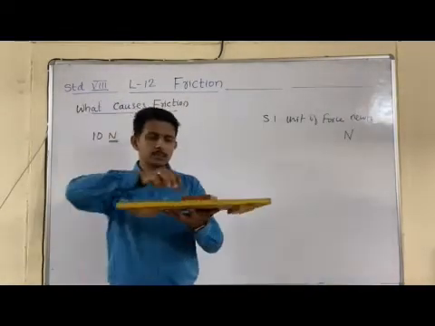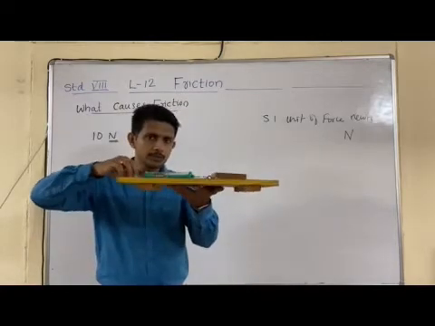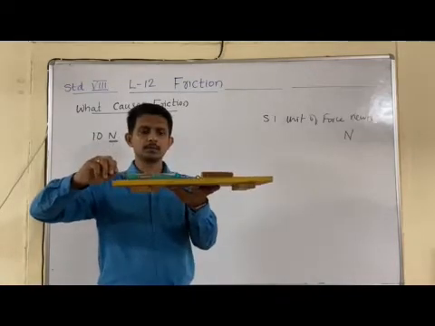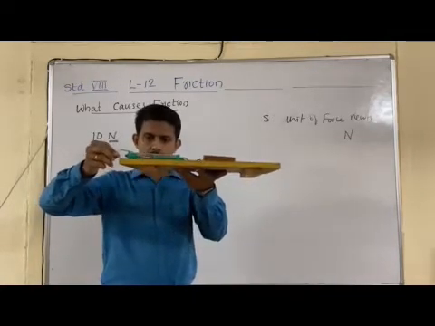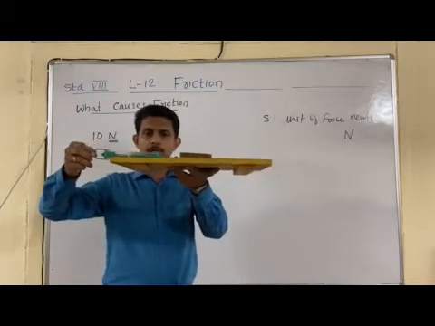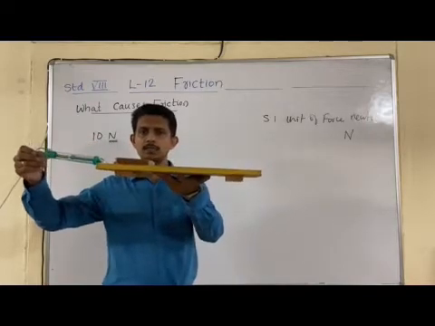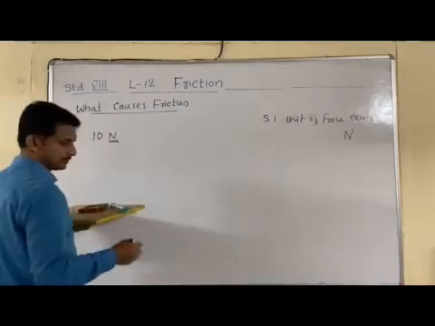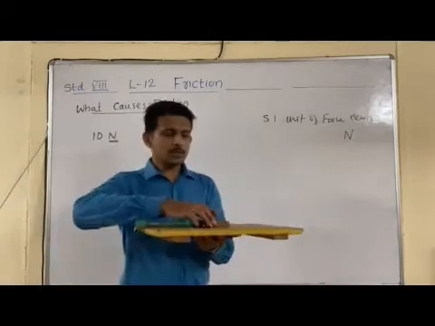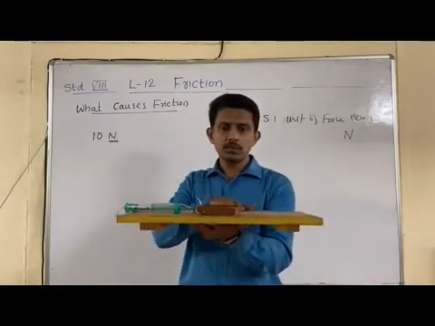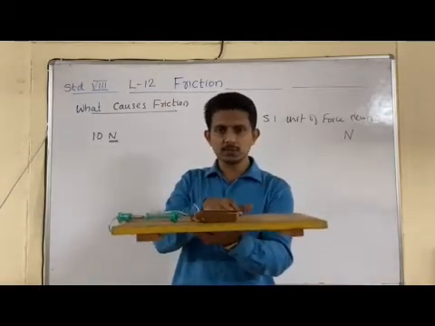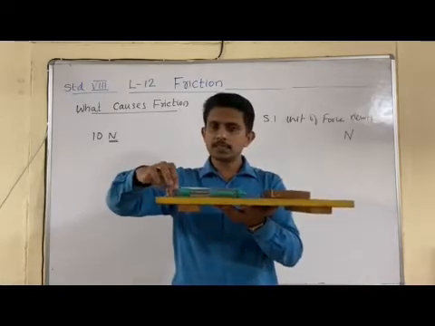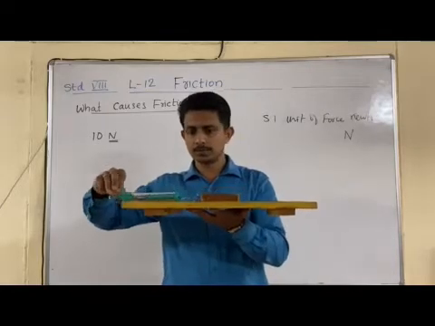So what I said is, in this way we are applying a force on this wooden block. You can see that there is a 10 Newton force acting on this wooden block. The spring balance is showing 10 Newton force. During this time, we can see that this wooden block starts moving. So this surface is a very smooth, fine surface, and on that surface, 10 Newton is required to move this object.